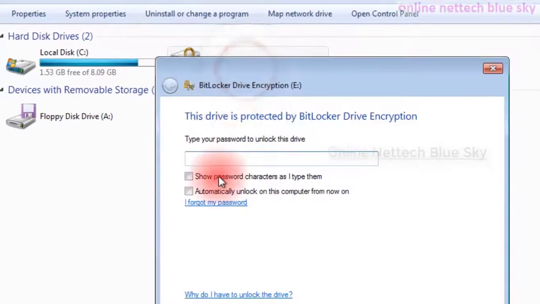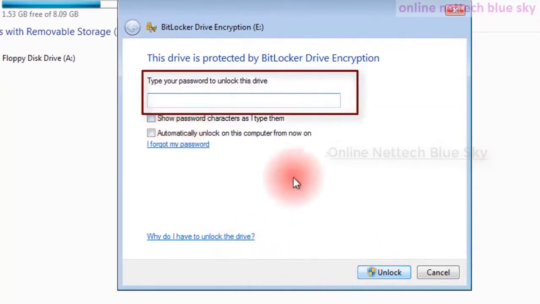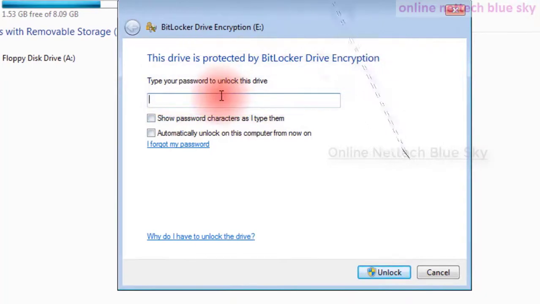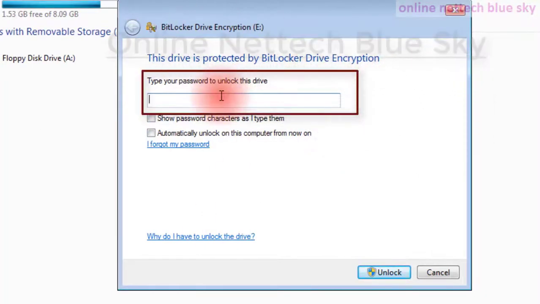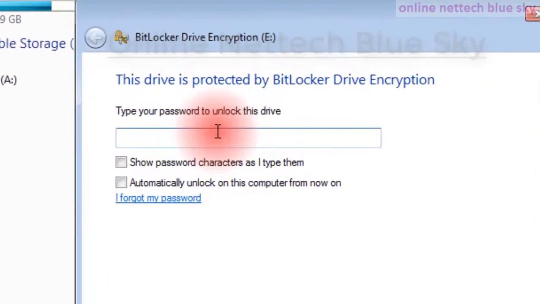I try to enter my password and unlock, and my data shows here.